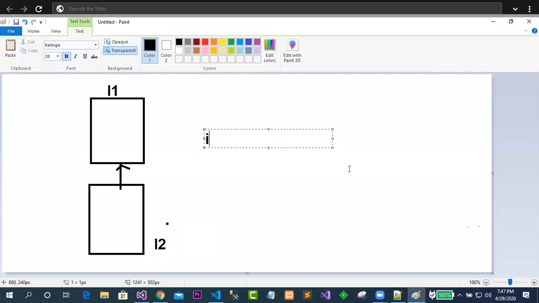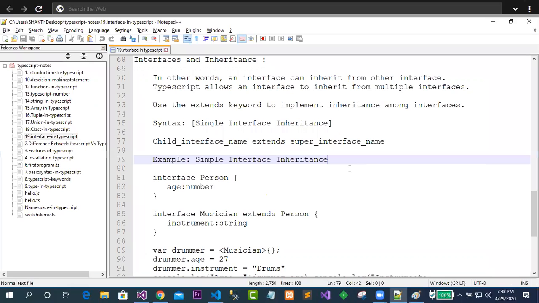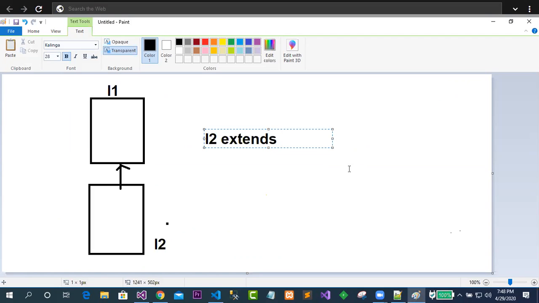I2. So I simply write I2, and that is what extends. Look at the extends keyword. We use extends and the super interface name, that is I1. This is the way we are extending here: I2 extends I1, by the keyword extends. It's simple. Clear up to this?